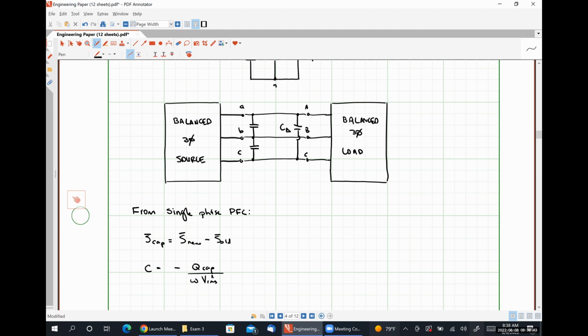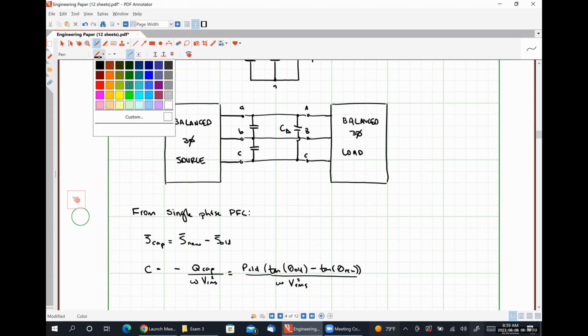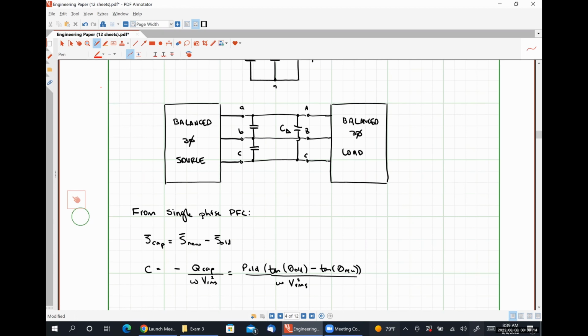And we could also write this as positive P_old times tangent theta_old minus tangent theta_new, all over omega V_RMS squared. The things that we have to pay particular attention to is to make sure that Q_cap or P_old are expressed